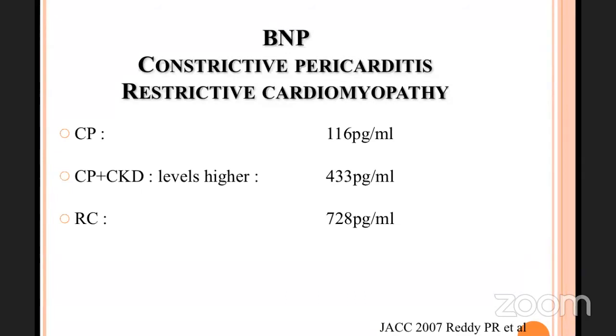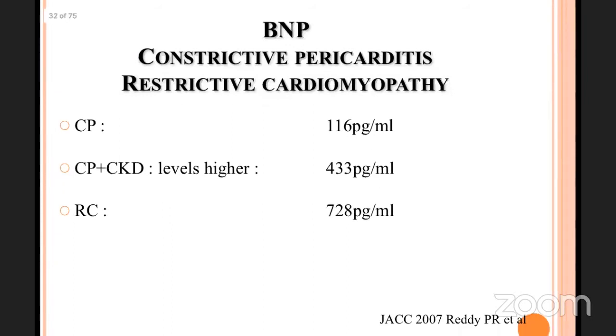So it is compounded by the fact that associated diseases in the setting of constrictive pericarditis might make the diagnosis a bit difficult. But in the absence of that, a patient with right heart failure, normal BNP values, and no murmurs on auscultation, it is more likely that you are dealing with constrictive pericarditis. Now, one of the important things,